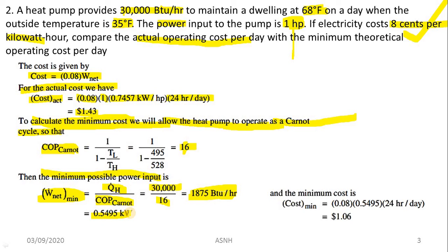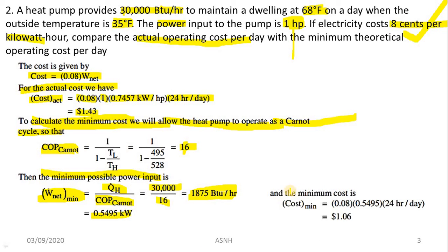Generally, students, 1 BTU per hour is nothing but 0.00029 kilowatt. Keep in mind, I just repeat once again, 1 BTU per hour is nothing but 0.00029. So if you multiply it by the BTU per hour value, you will get the answer in terms of kilowatt.